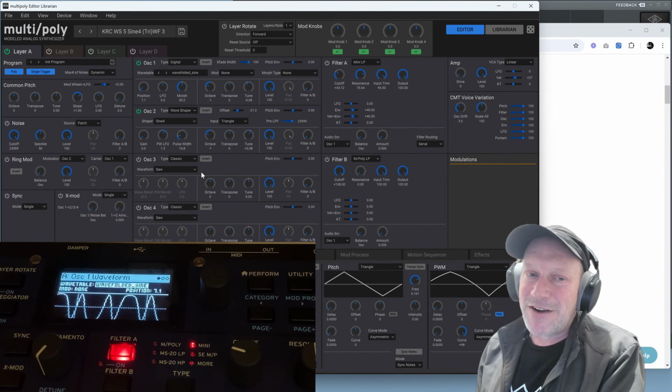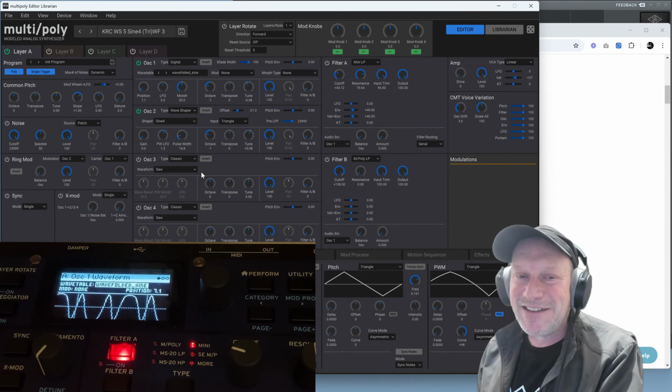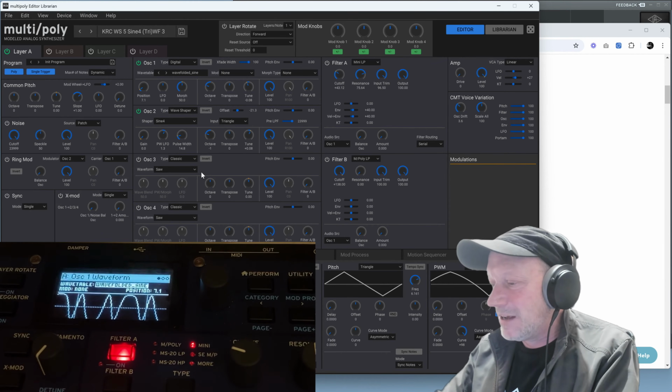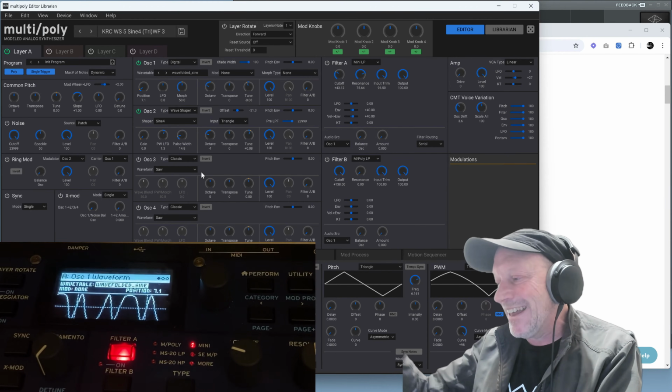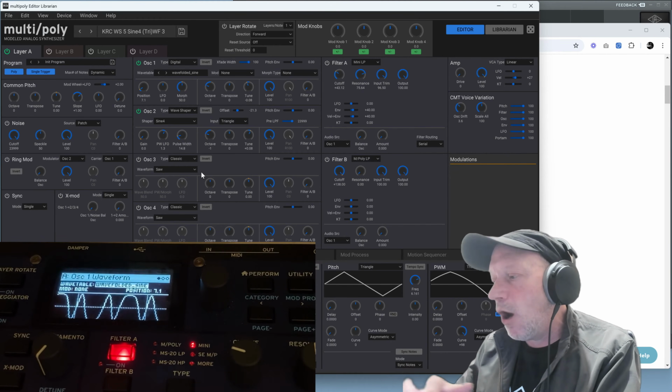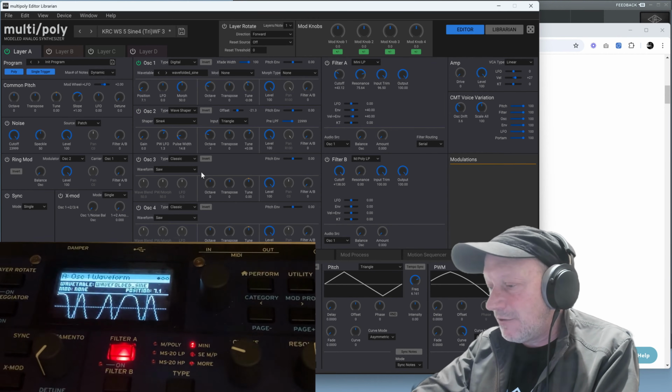But I kind of forgot about the sine. So at the very end, I just threw in a wave folded sine. This wavetable in oscillator 1 morphs from a highly wave folded sine wave down to an unfolded sine wave. And you can hear, if I solo it,